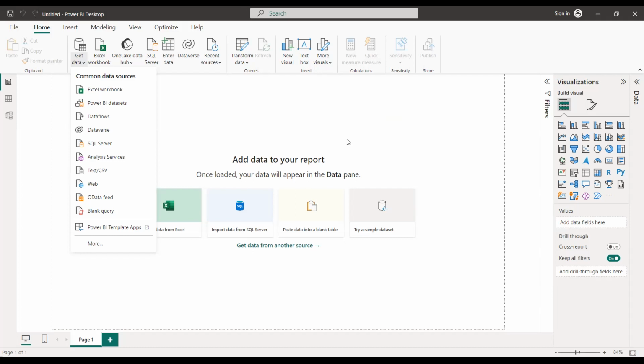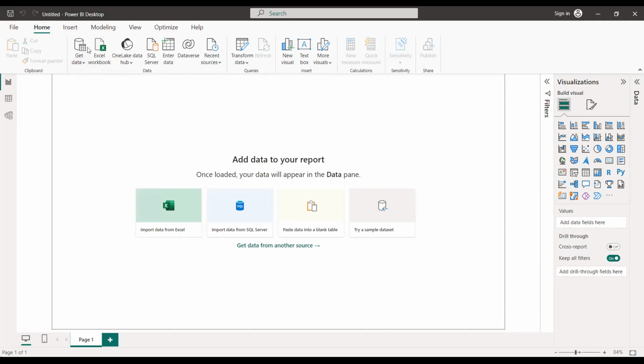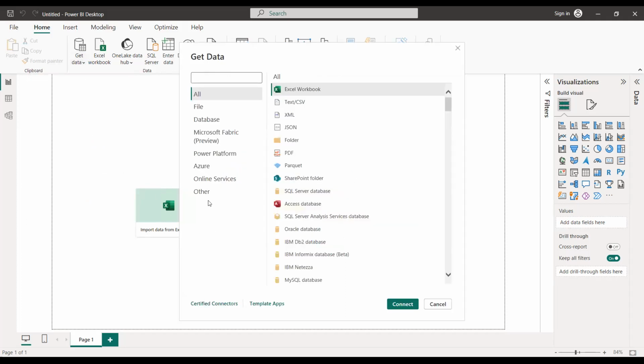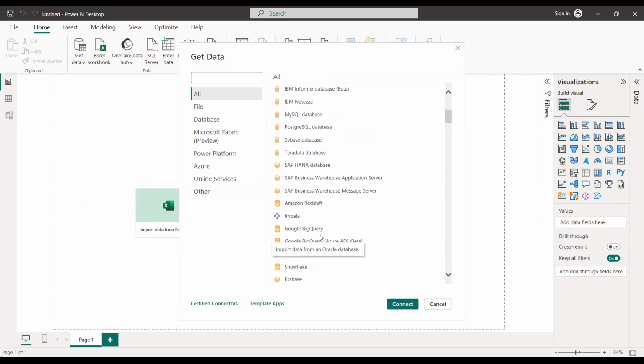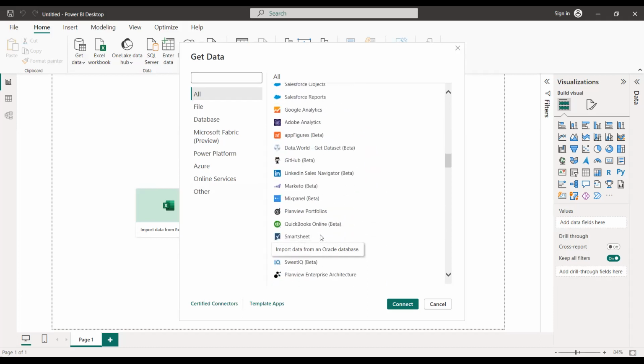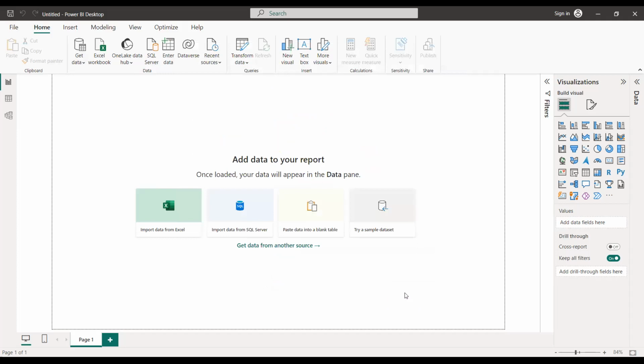Yes, you can. If you click on More, you can import from R script, Python, ODBC. You can import from any data source.